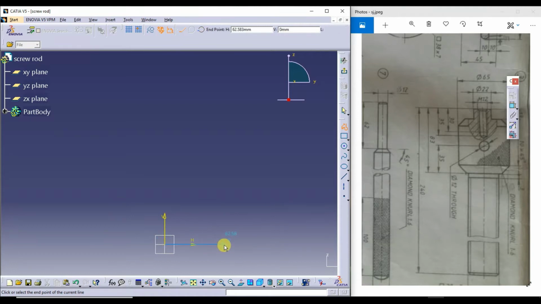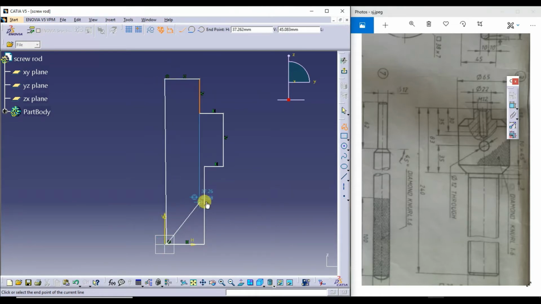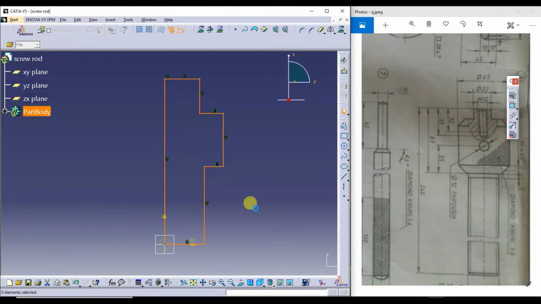Just first of all I'll draw a rough sketch. Next, I'll start giving the dimensioning.